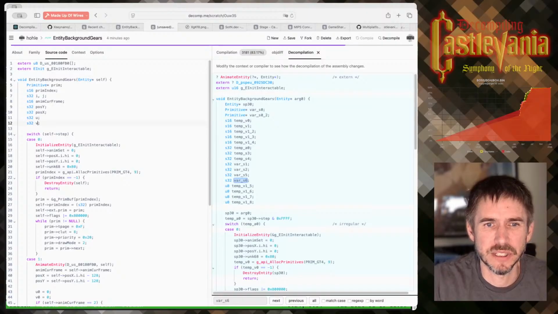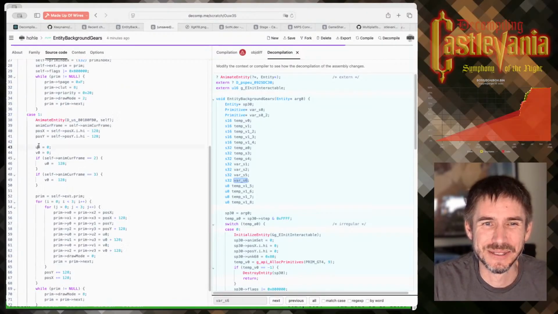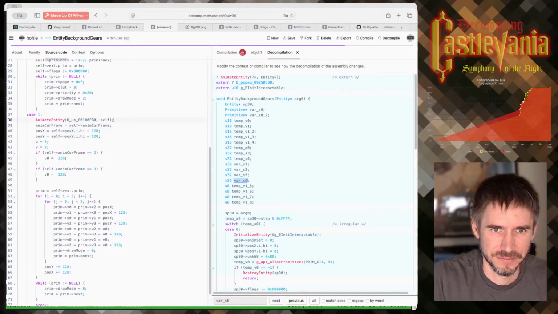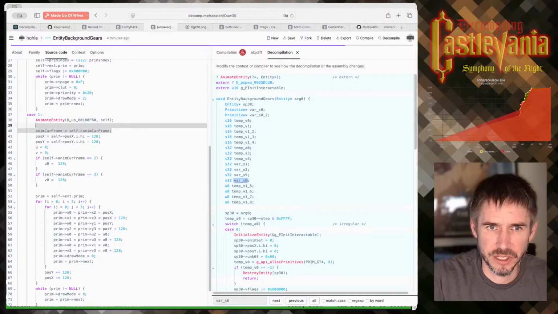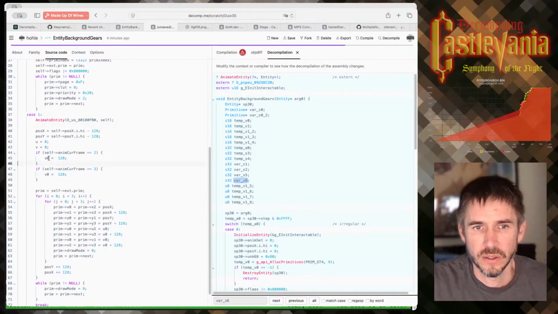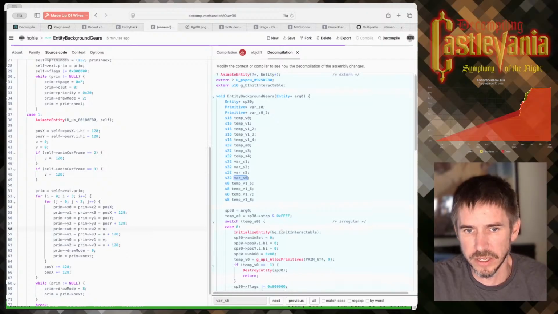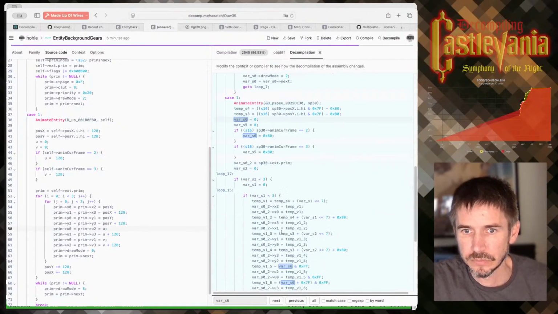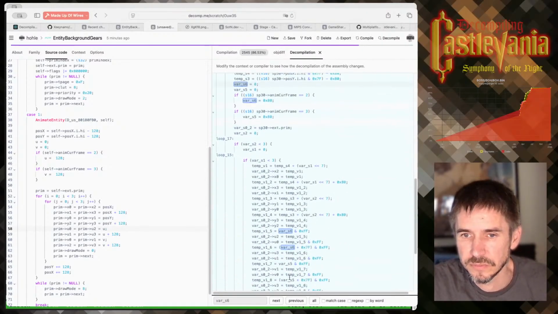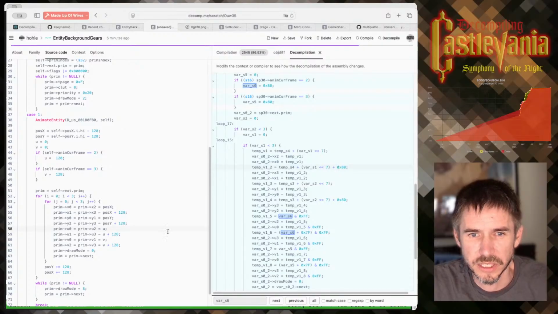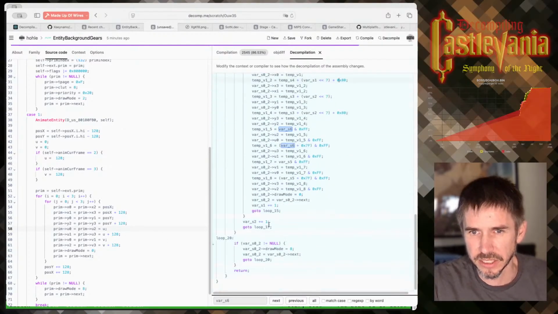We can make this U and V instead of U0, V0. And we don't need the animation current frame anymore. And again, U and V are the X and Y coordinates for textures. And it does look like the plus 128 is just happening inline. There's no separate variable for that. And then at the end,